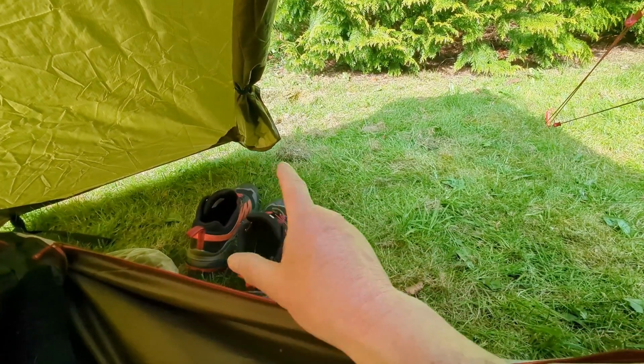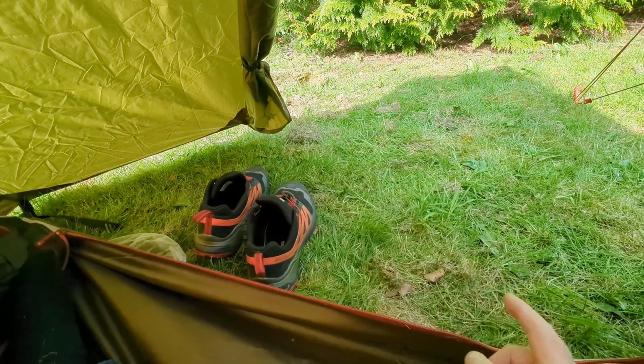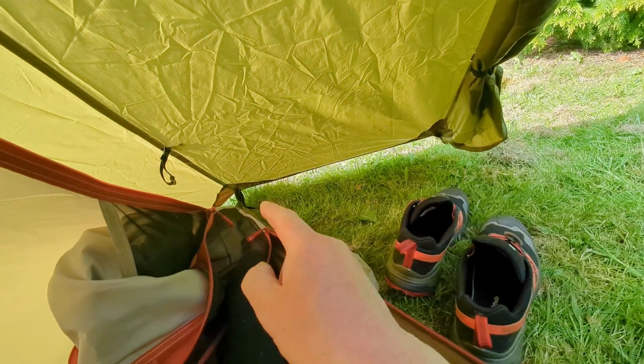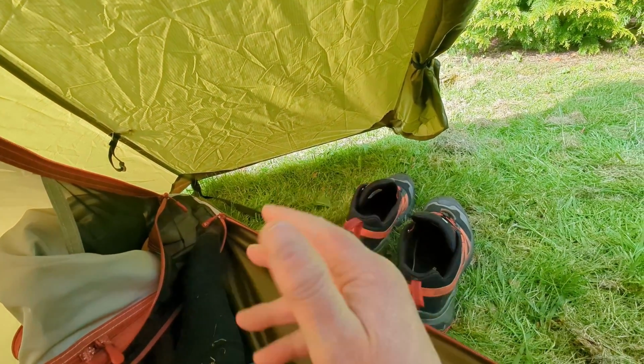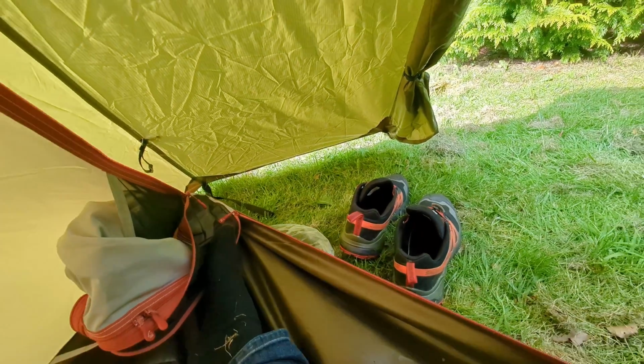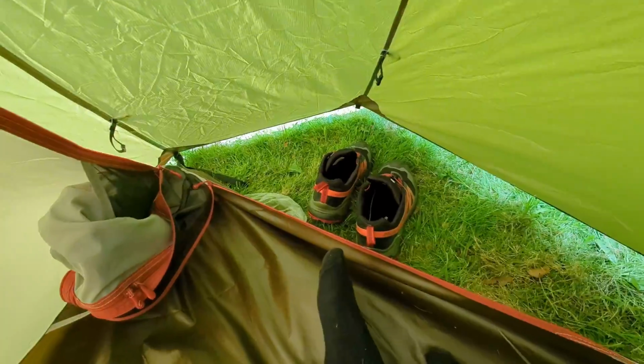Again, this takes me back to Mac Pack. It's a bit like the minaret. The minaret has an offset inner, and then this kind of triangular vestibule, but you can unclip here, just pull this back a wee bit like a Hilleberg, and just store more gear or cook in the morning. That's probably enough for a medium-sized pack actually, and your boots on top,